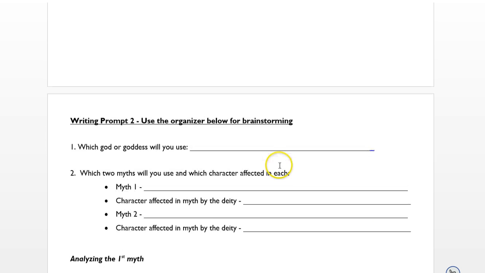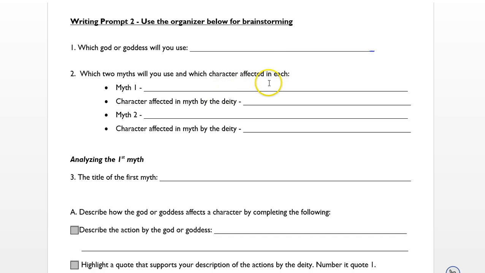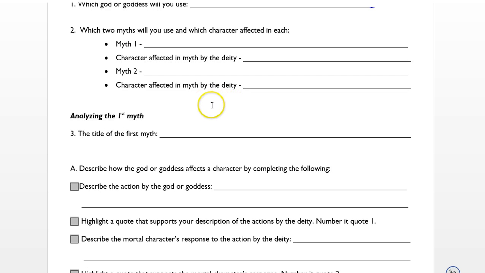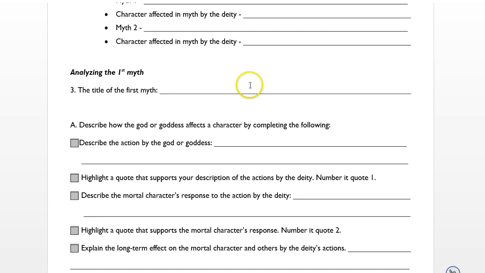If you are doing writing prompt 2, then you would think about which god or goddess you want to use, which myth and which character was affected, and then the same in 2. Again, deity is just another word for god or goddess. So I don't have to say god or goddess, right? Deities could be either. And then we're going to analyze the first myth, so the title of your first myth,